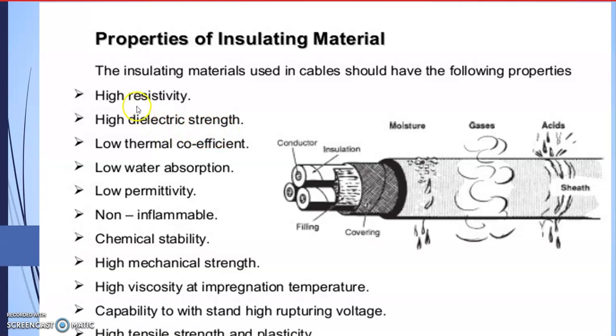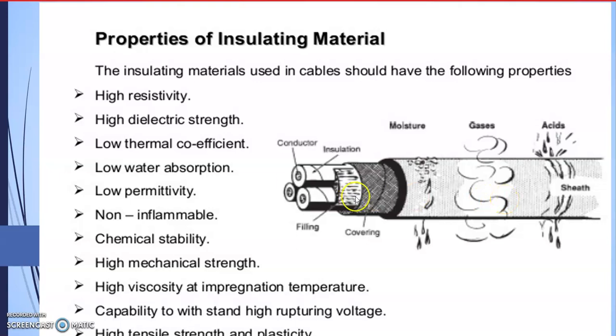What is the difference between resistivity and a high dielectric strength? High resistivity means the leakage current will be very small, and high dielectric strength means that the insulation will not break down electrically at a lower voltage. Electrical breakdown means it will start behaving as a conducting material at very high